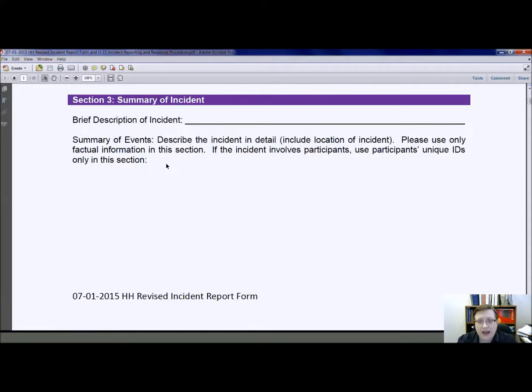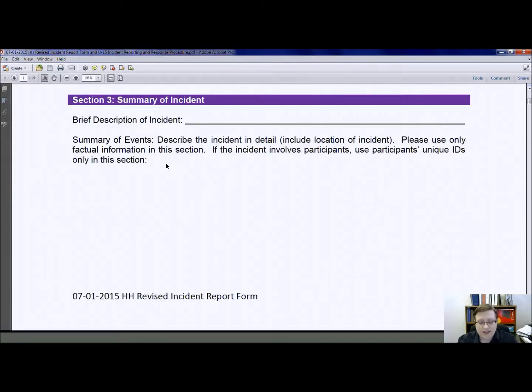And so in addition to including the location of the incident, if there is an injury, I want you to make sure you're including what part of the body was injured. So let's say a child injured her right forefinger opening a soda can, or a participant burnt left hand taking food out of the oven. Okay, I want it to be specific. Staff member tripped and twisted right ankle. I want you to be specific about what part of the body was injured,